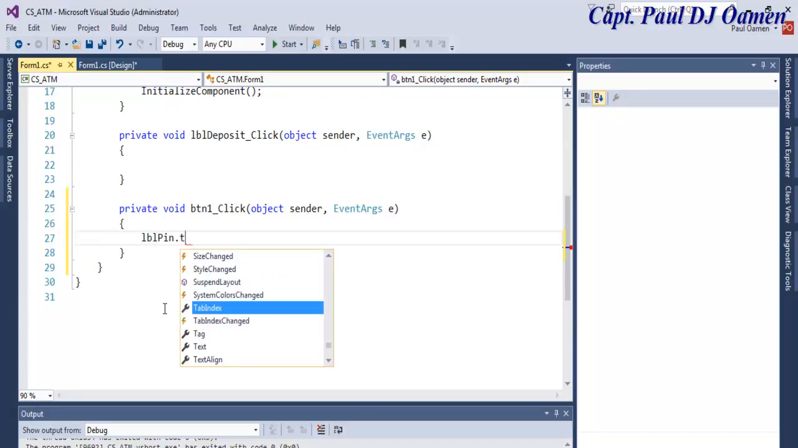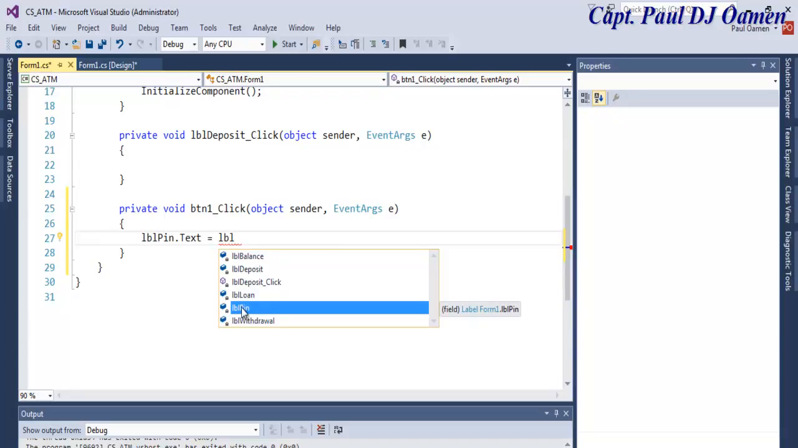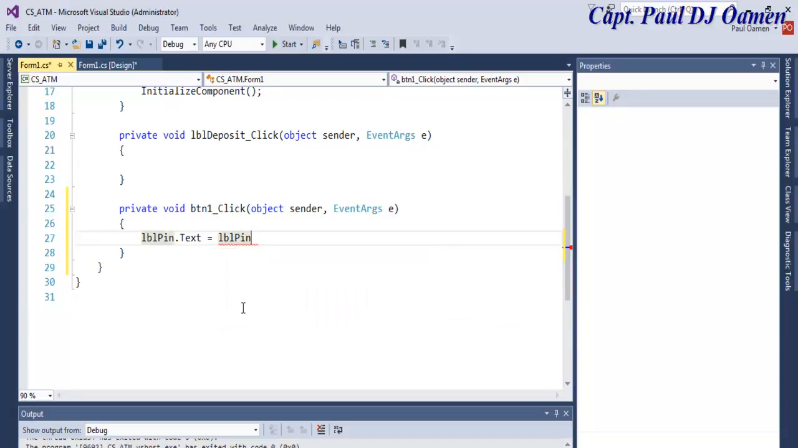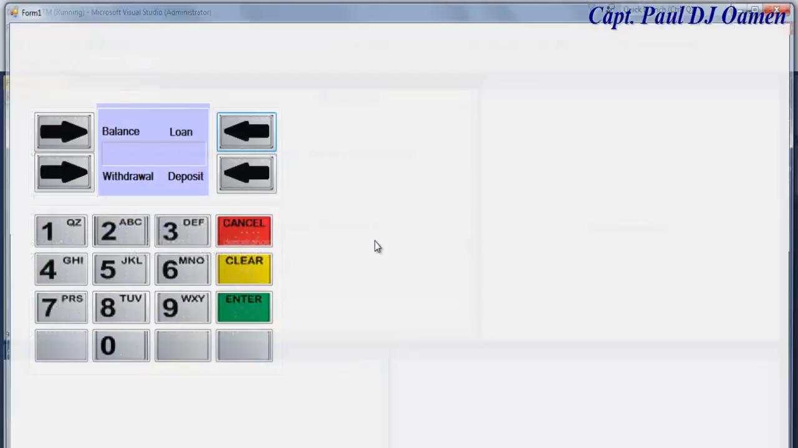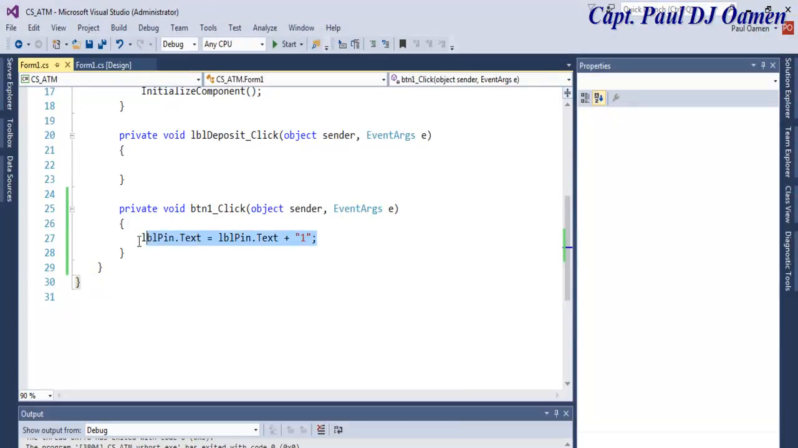pin dot text equals LBL pin dot text plus, let's say, plus 1, and get it commented. So which means when I run that, I can always just append the letter one into there. Okay, it's obvious your PIN number will be maybe something like 4 characters, so I'm just going to copy that